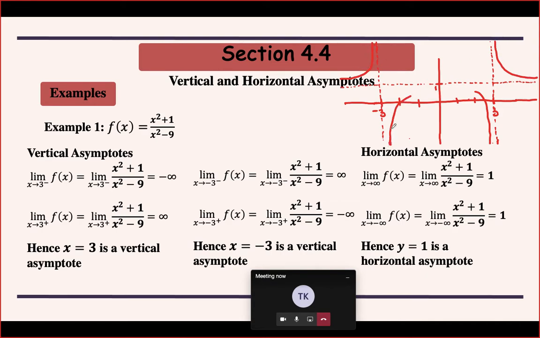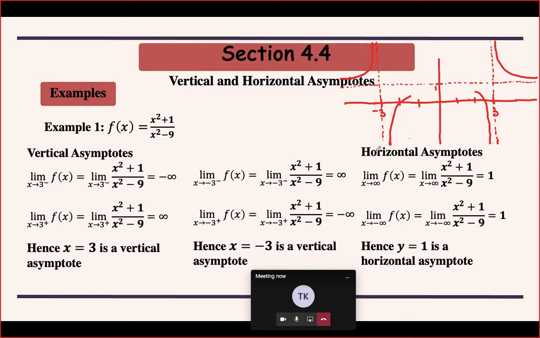In between, since these limits don't apply here, we are not going to use them. So in between you can have some shape for which we have to check the intersection points. We also have to check other things like increasing, decreasing, or points of maxima. If there are any critical points, we can check. So based on that we'll be able to find out the shape in between. But otherwise this is how the asymptotes tell us about the graph. Okay, is this fine?